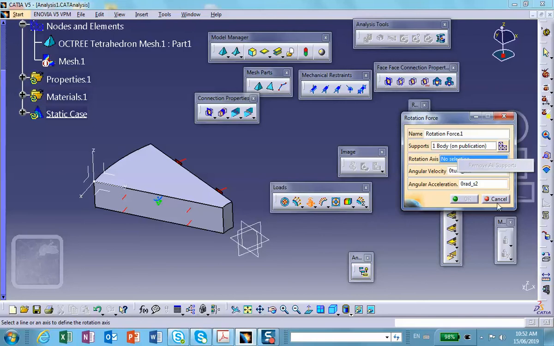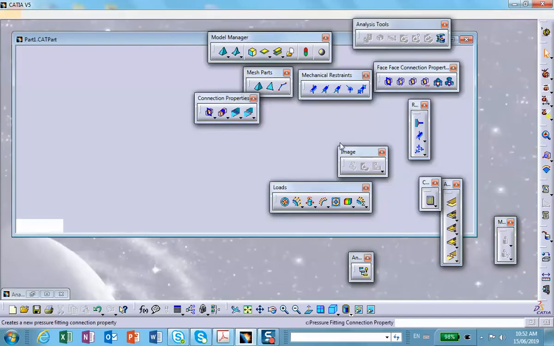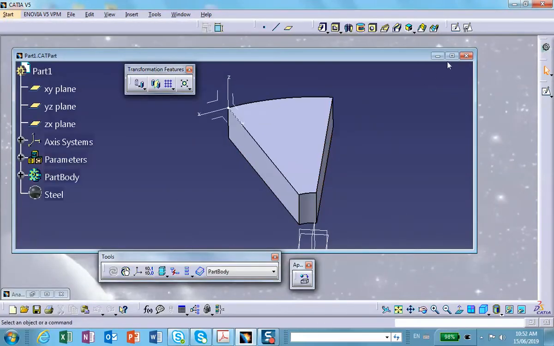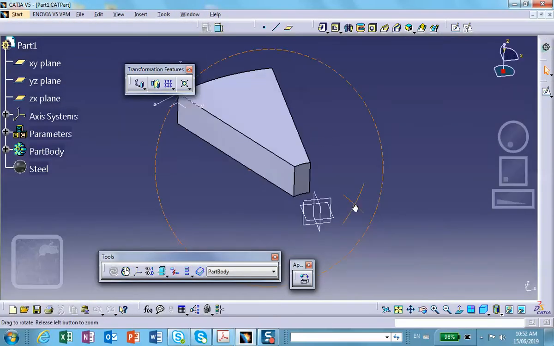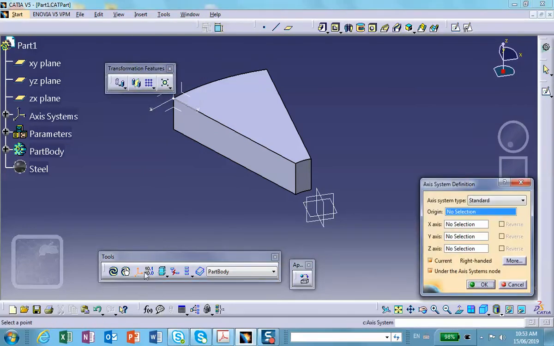So I'm going to use a trick. The trick that we have alluded to before is you go and create a local coordinate system here and use its z-axis for that purpose. So back to part, because a local coordinate system or axis system can only be done in parts and assemblies. So you click on this, and the origin is